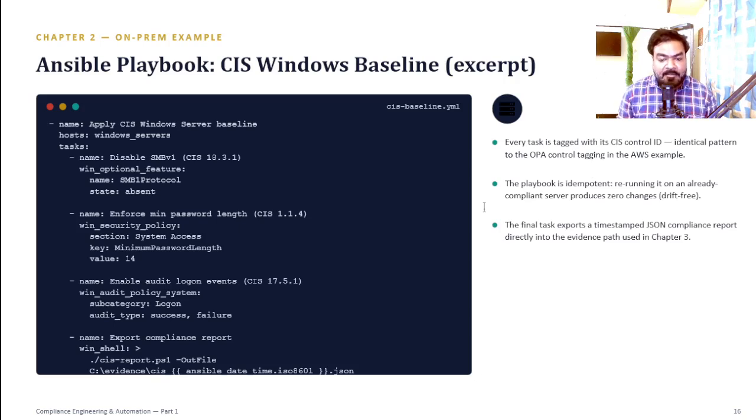The pattern is consistent whether you are on the cloud or on legacy infrastructure. Two things worth calling out. This playbook is idempotent, so running it against an already compliant server produces zero changes and zero drift. And the final task exports a timestamped JSON report straight into the evidence path we are about to build out